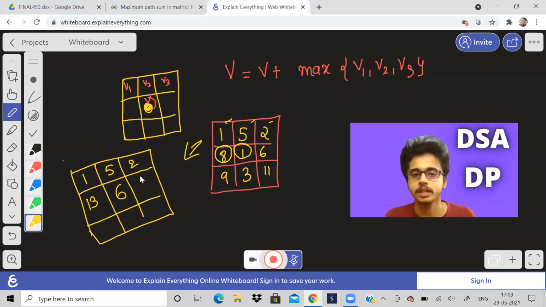What about this one here? For 6, which is better? Again 5 is better, so 11. And now how will 9 change? See, for this 9, don't consider these original values. This matrix has been changed. It is 13, 6, 11. So for 9, obviously it will be 13, so I think it is 22. And for 3, it will again be 13,